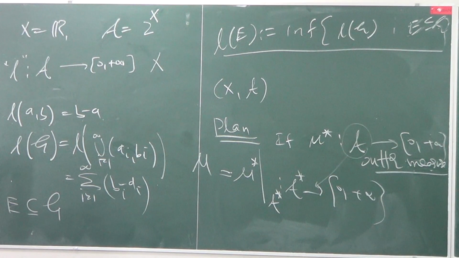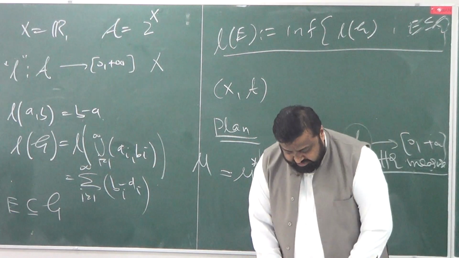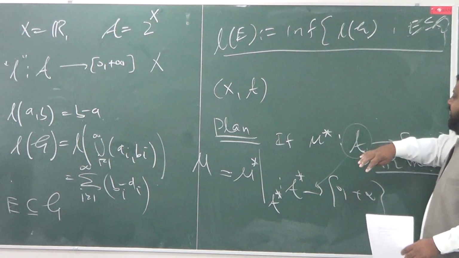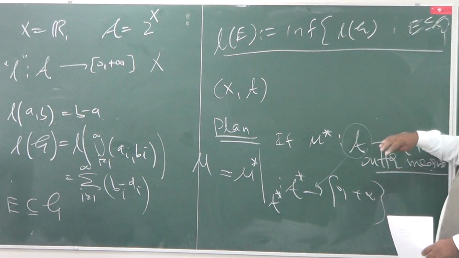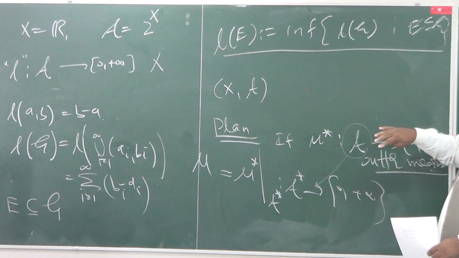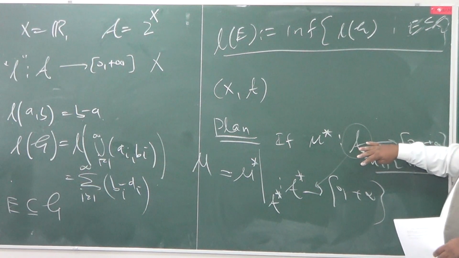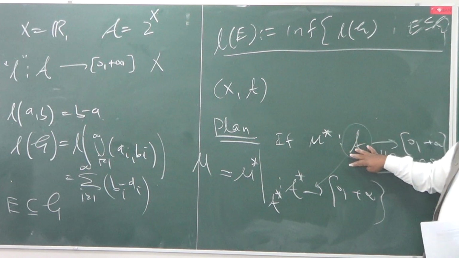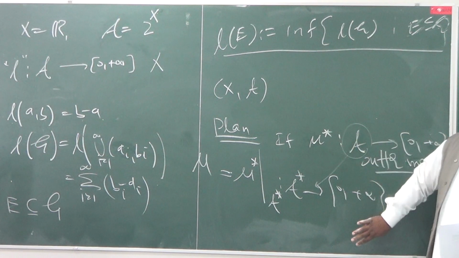The results that I am going to prove are going to be abstract. We can in particular apply them in this case, but the results are a bit abstract, they're true in general. So let's do it. What's the plan? The plan is this: consider a set and a collection of subsets, and then define an outer measure, and try to find a suitable sub-collection on which this outer measure becomes a measure.